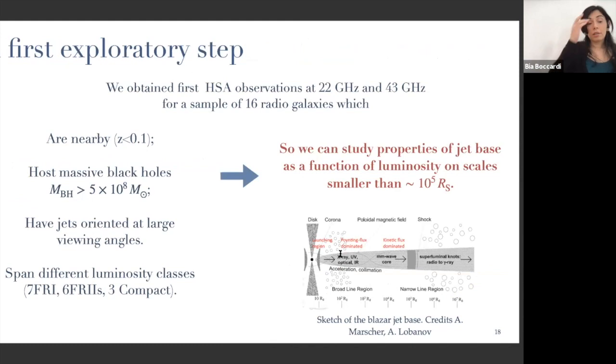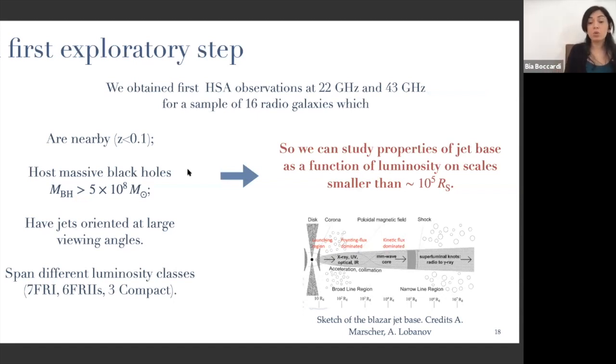So we have performed a first exploratory step to see if we can actually detect some of these faint cores at very high angular resolution. So we have obtained the first observations with the High Sensitivity Array at 22 gigahertz and 43 gigahertz for a sample of 16 radio galaxies, which are nearby, at redshift less than 0.5. They host very massive black holes, and they have jets oriented at a large viewing angle. These three criteria ensure that we can actually image the jet